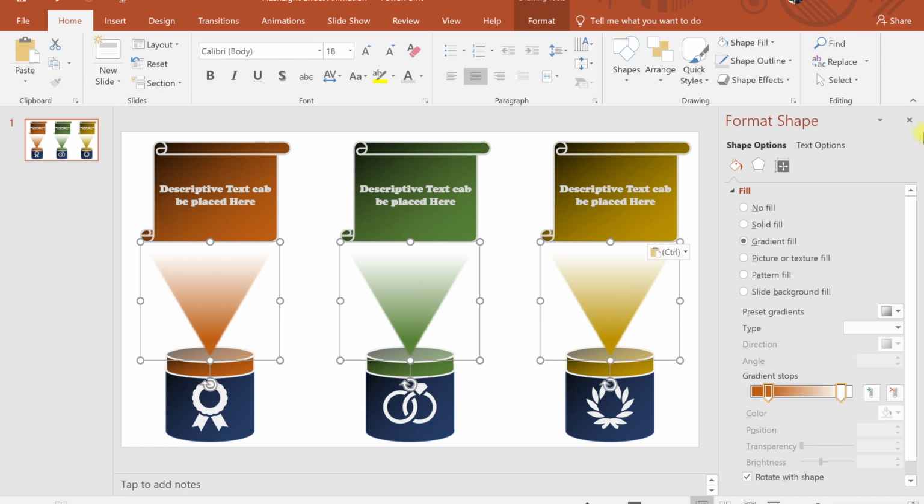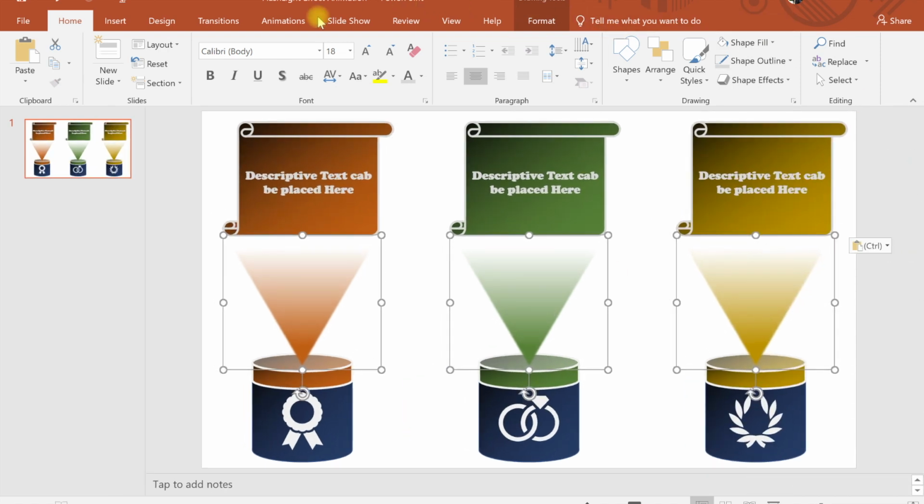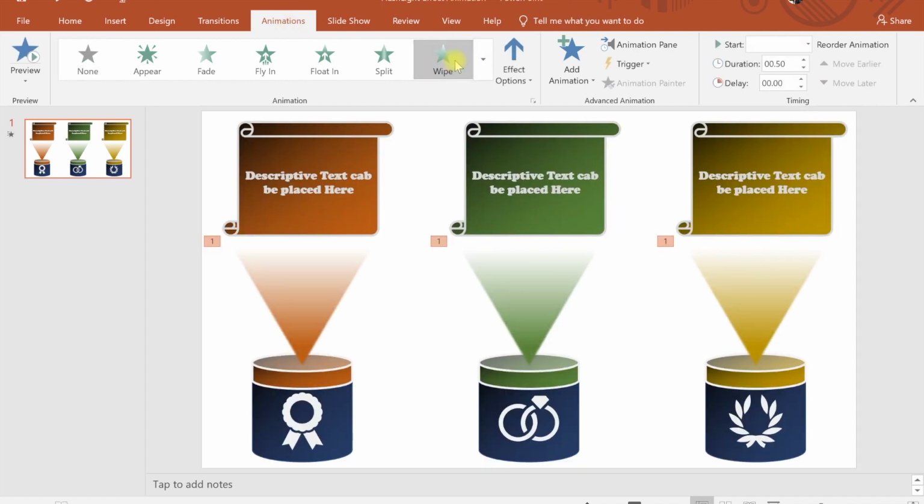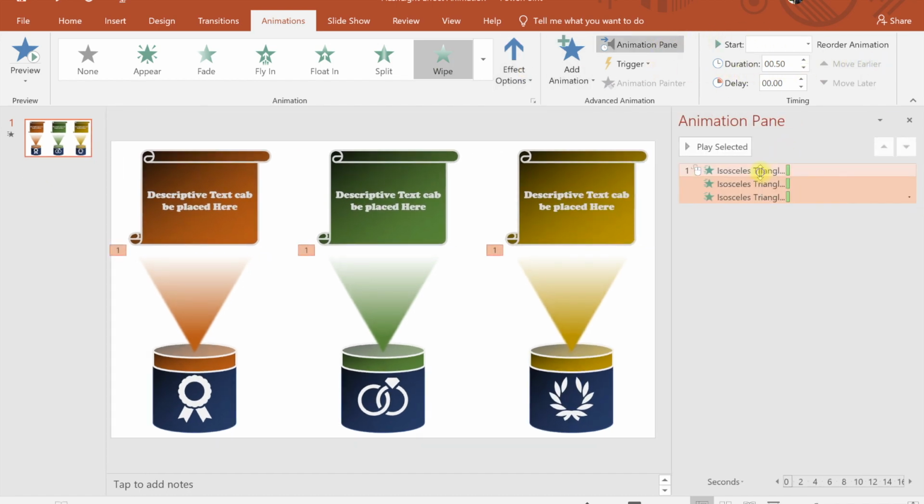Now it's the most important part of this tutorial, to add animation to these triangles. Select all these 3, go to animations and select the wipe. The effect option is from the bottom, and go to the animation pane, right click and choose start on click. Right click again, start with previous,